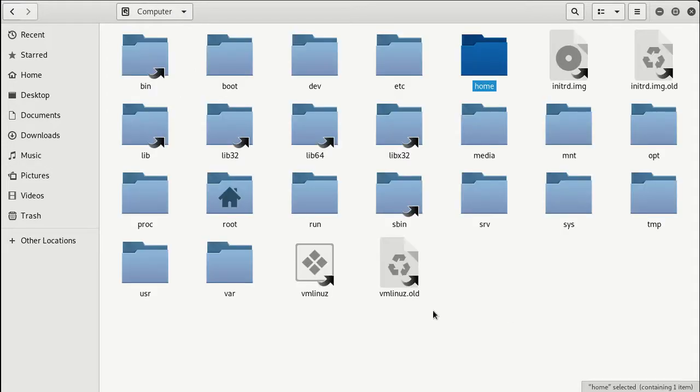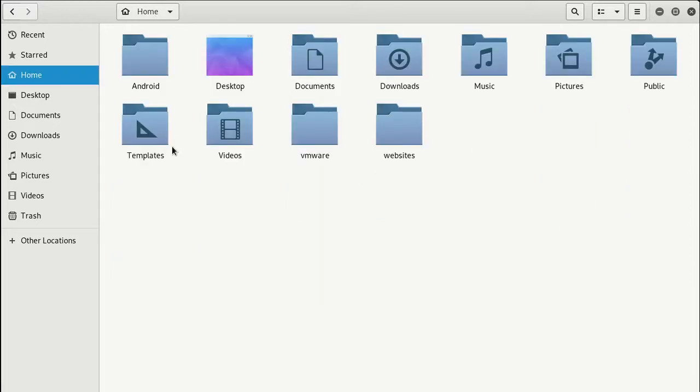And then we have root here, and that's the admin's home directory. So this root, they'll store their files in here.